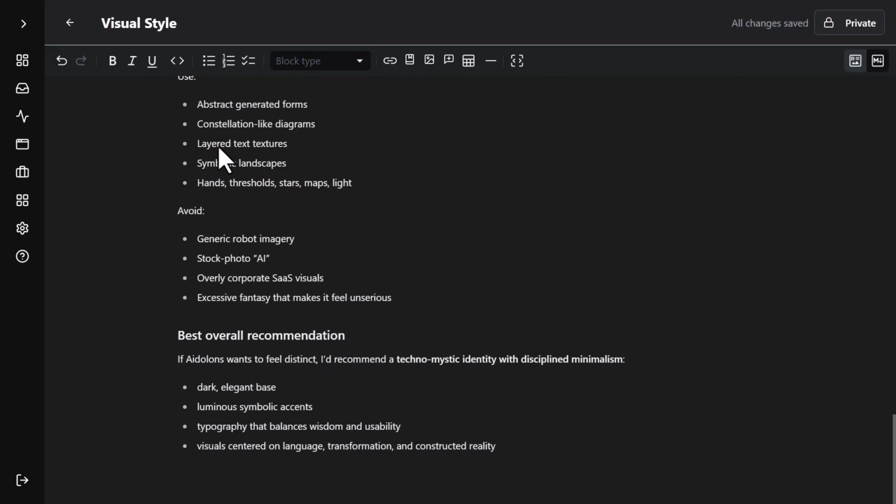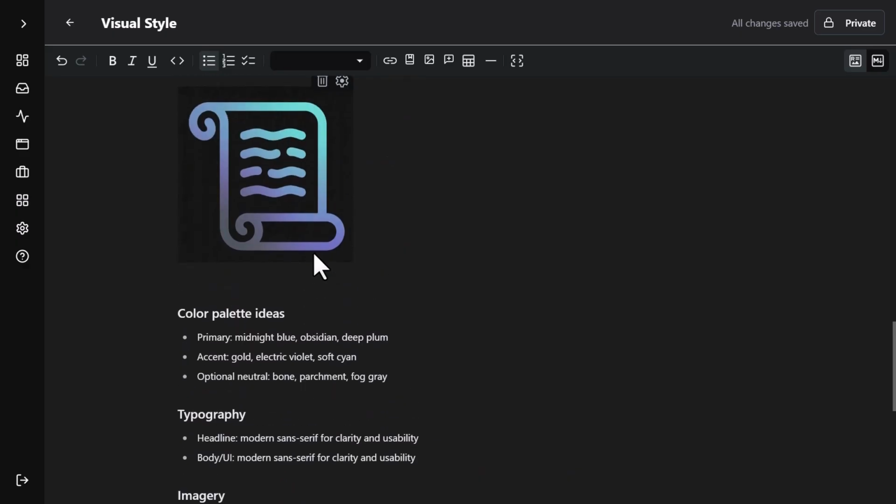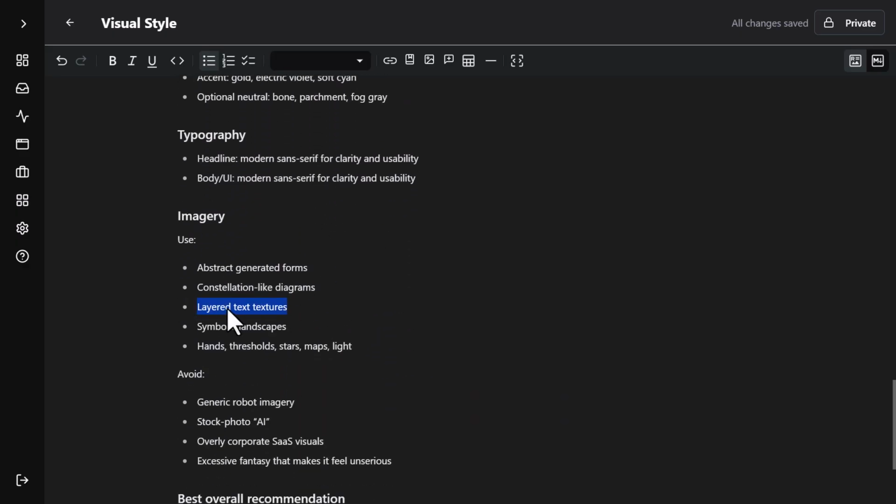So it may seem like a lot that I'm doing all this, but imagine how much damage this line could have done, right? Your AI documents, if you're not checking them, they have these poison lines all over the place. And I just showed you that this line gives completely incoherent results. So imagine the unreliable, unexpected results that you can get by leaving this stuff in there without checking. Yes, it's work, but folks, anything in life worth doing is going to take work. And I'll tell you what, the rewards of having a document like this that's clean and doesn't have any of these toxic lines is exponential reliable results.